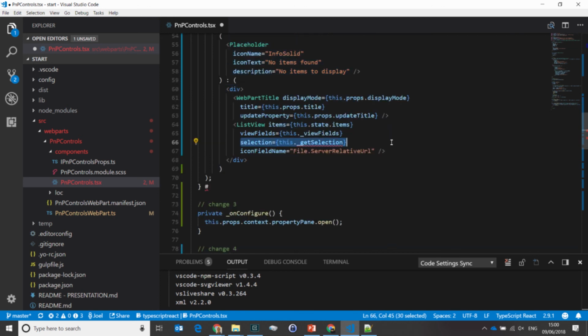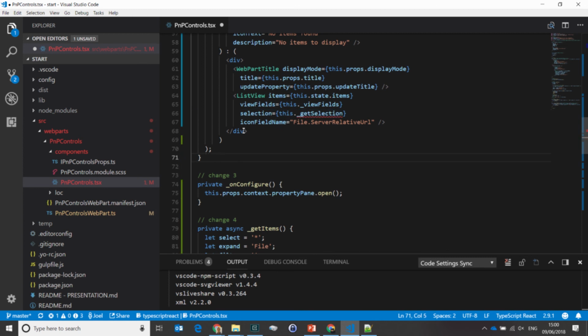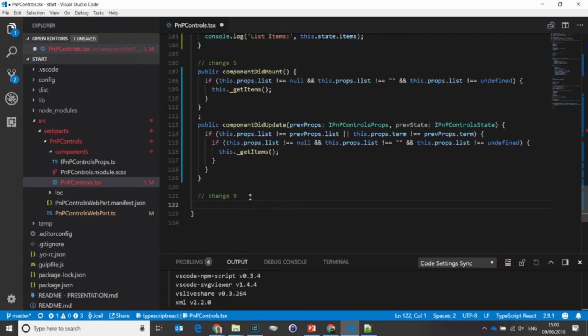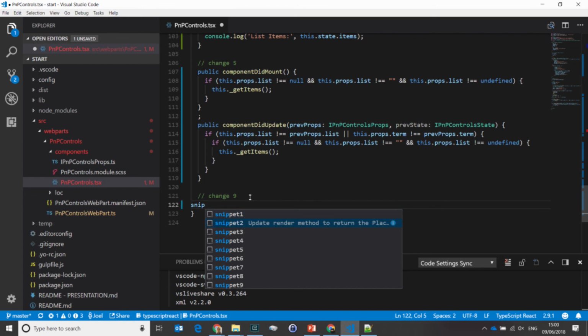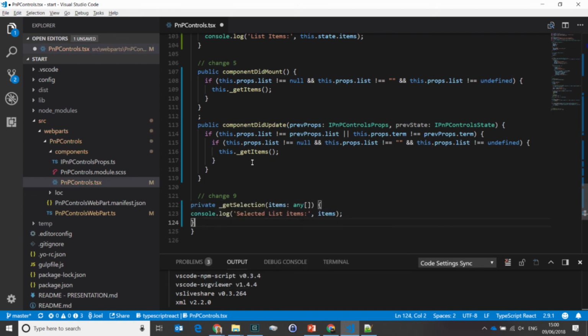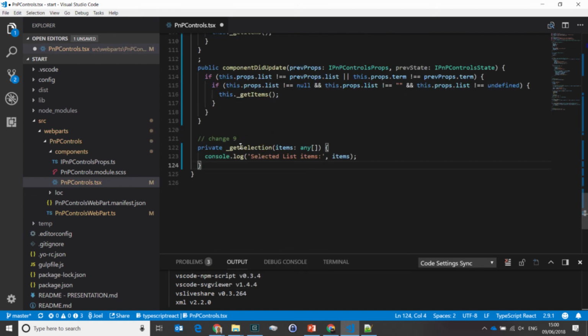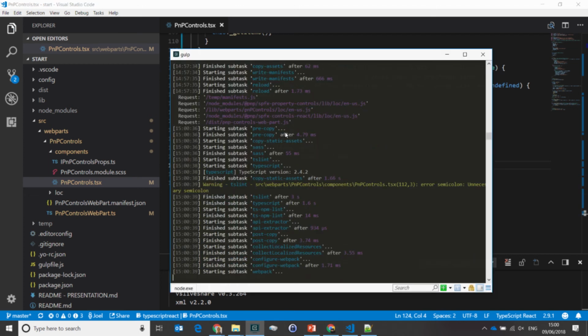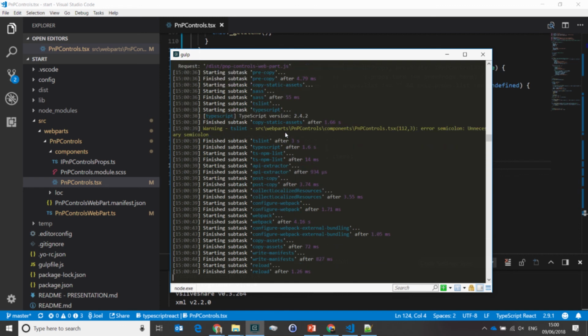I added a selection method here, just so when we select items on the list view, because that's not just a very static component, you can do something with it like this. You can click on an item, and that can send you back the item, and you can do whatever you want with it. And I'm just logging it to the console so I can show you. And now if I reload the page,